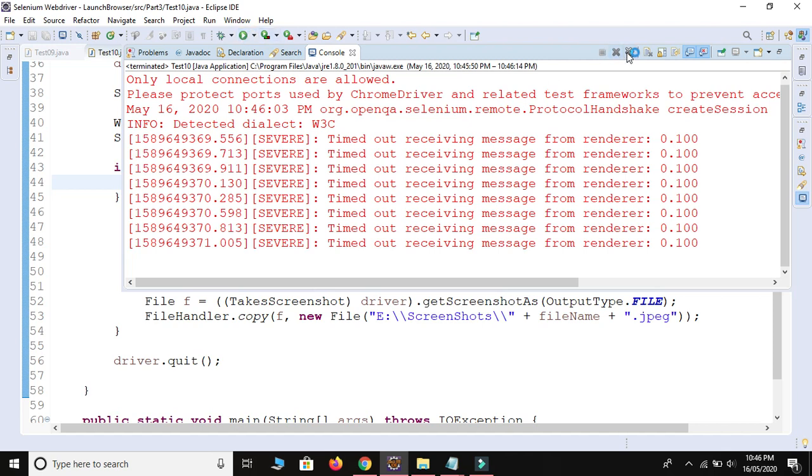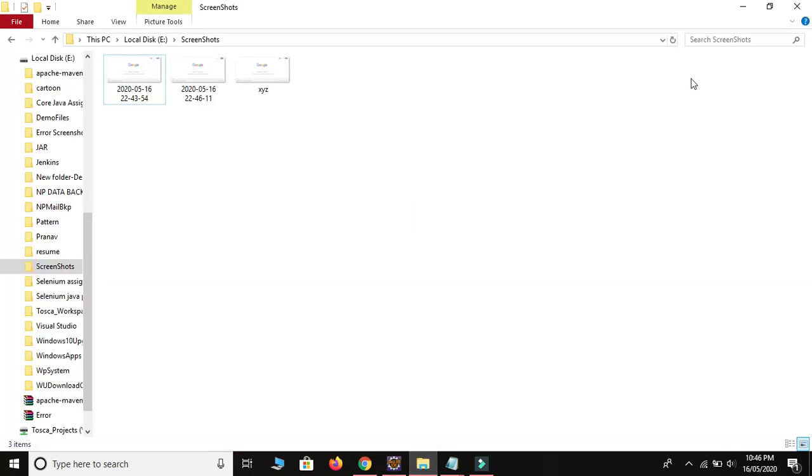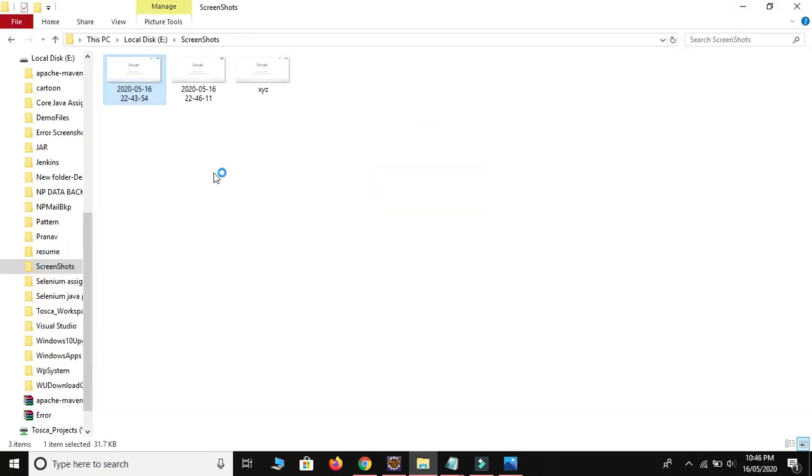Let me close this one. See guys, we have two different images, okay, with different time. This is for the Gmail. So when I open this image, the developer should be able to understand that this Gmail element got some issue, got some error, and a second error with the sign in button.